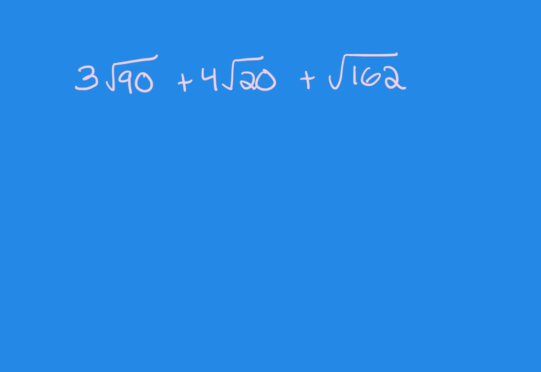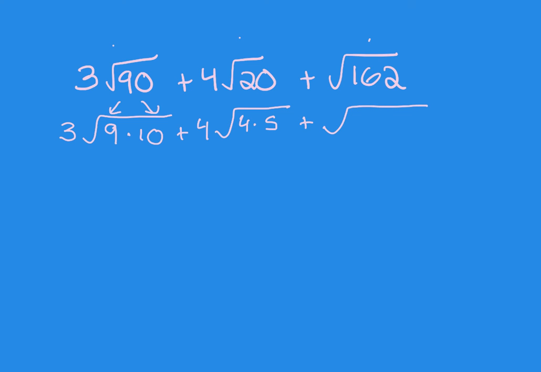All right, here's our final example of this lesson. So I've got 3 this time, 3 square roots of 90. So how can we break 90 up into 2 factors? I'm going to do 9 and 10. Okay, plus 4 square root of 20. I can do 4 and 5. And then let's see,